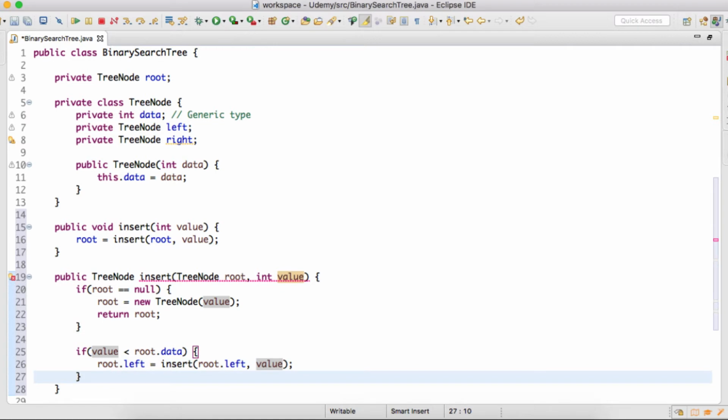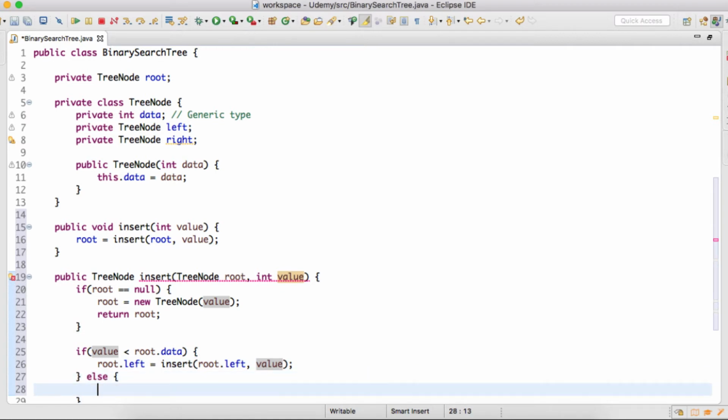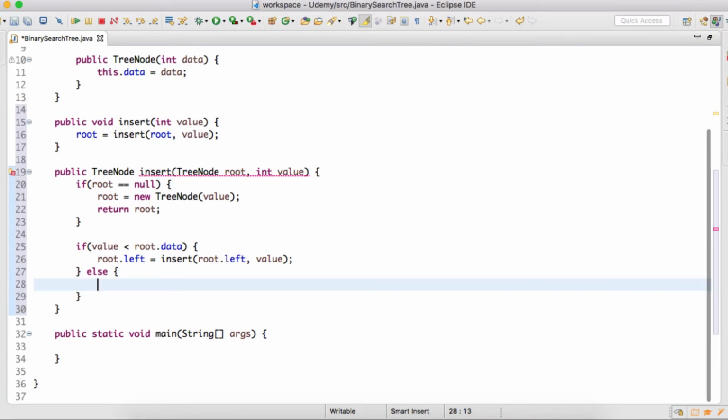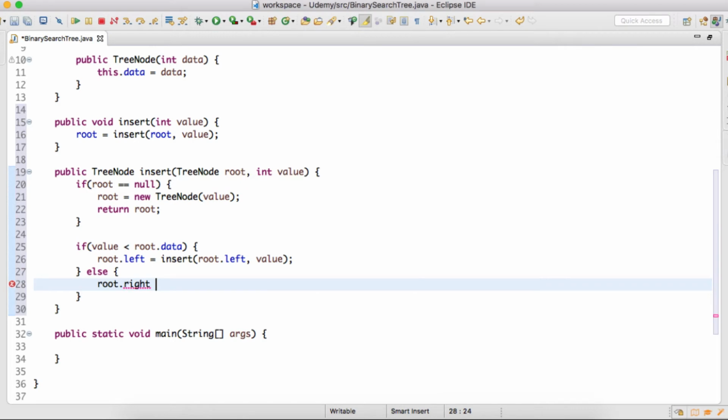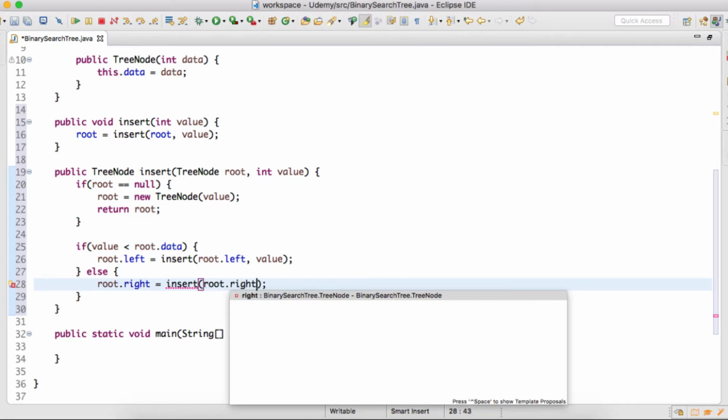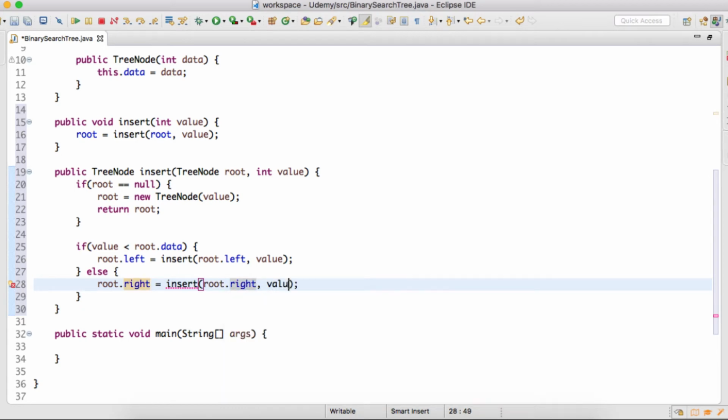and if the value is greater than root's value, then in the else part we simply traverse to the right subtree by calling insert and providing the values root.right and the value which we want to insert.